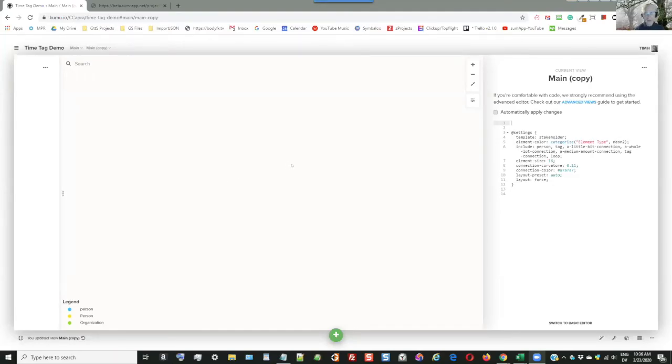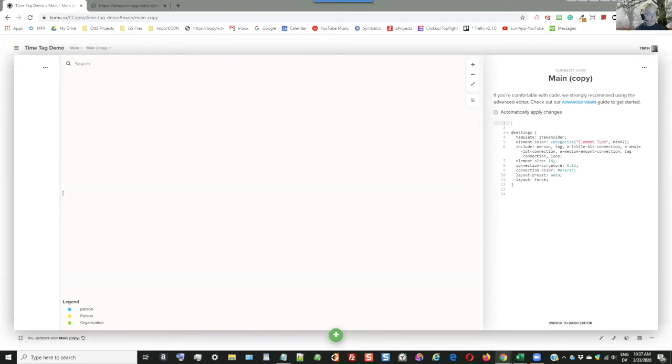Okay. So, I have the link from Kumu, the JSON link here, and you have to get the one with time tags. You get the JSON link from SumApp. You have a choice between getting it without time tags and getting it with time tags. Time tags will add a lot of extra data.